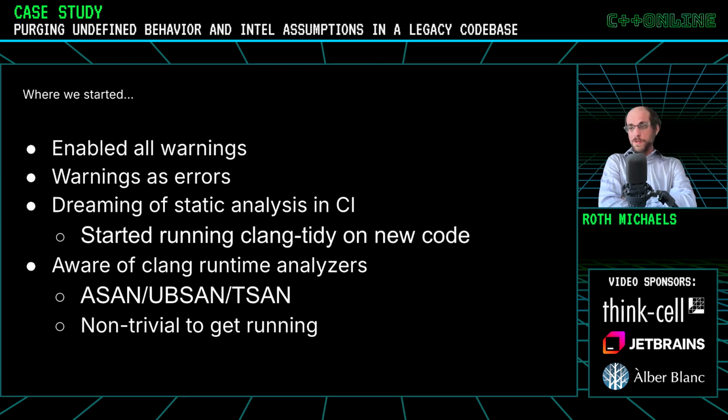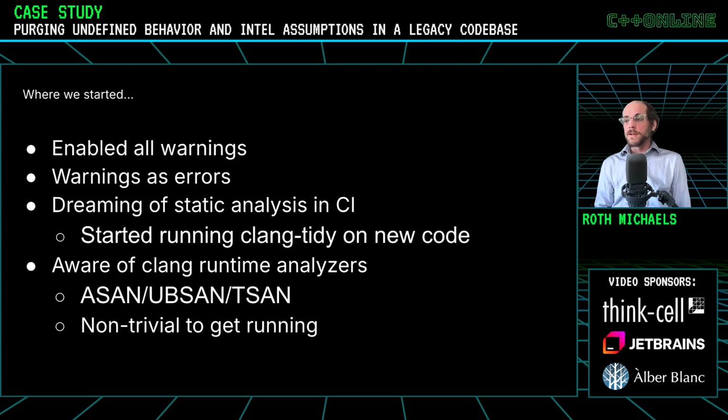Well, we already had the first two bullets done. We enabled all warnings available, minus maybe implicit conversions because that was too much in our code base. And we turned on all warnings as errors. This is something, if you're not already doing it in your project, I highly recommend, at least for new code, if you can't turn all the warnings on for old code.